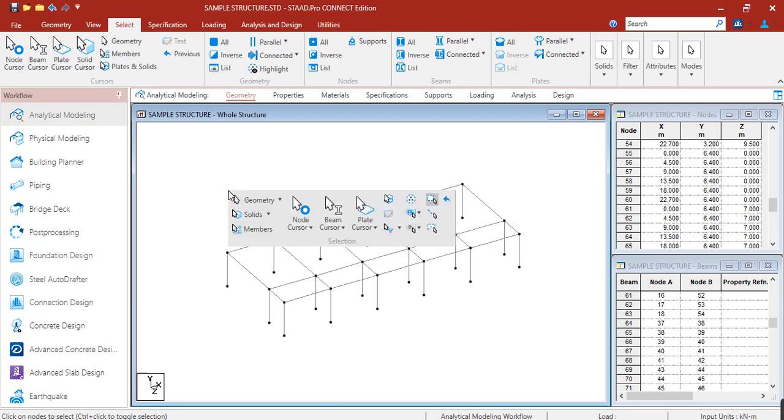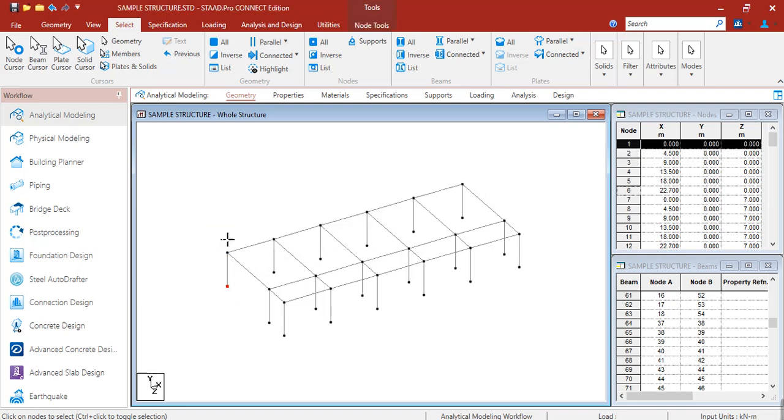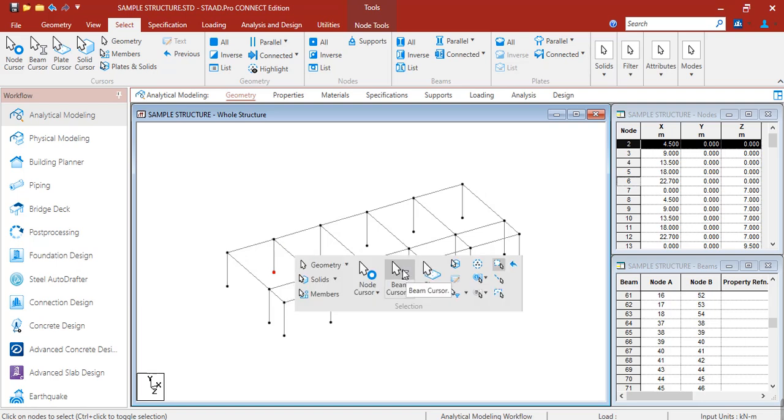At the select, we can click the node cursor. Okay, so now you have the node cursor. Then again, space bar, click the selection group, then click the beam cursor.